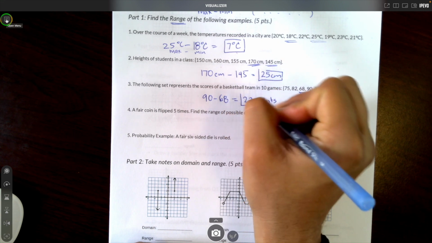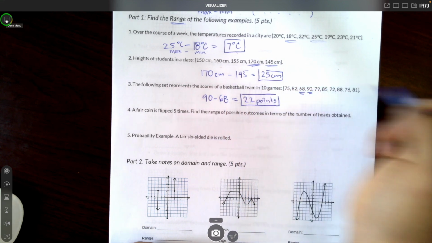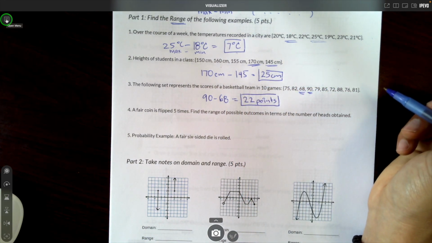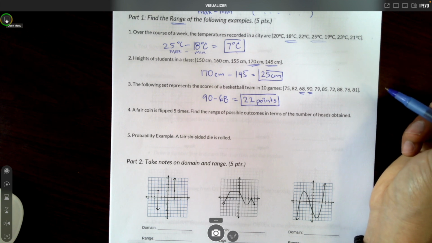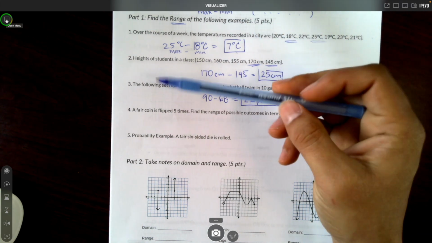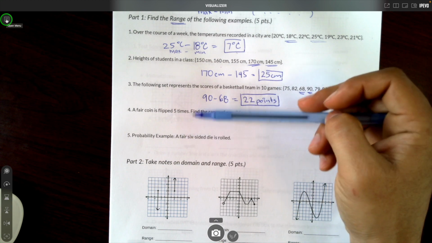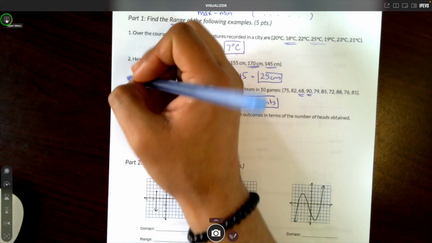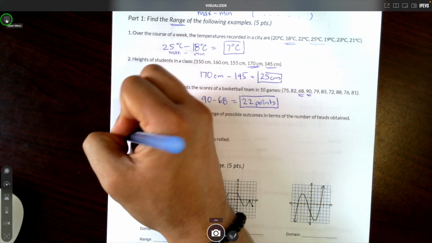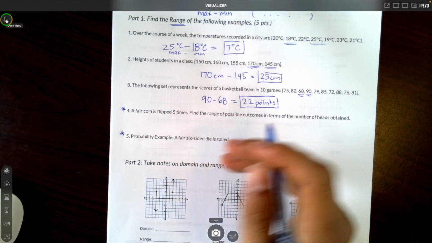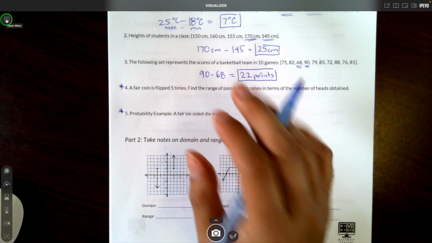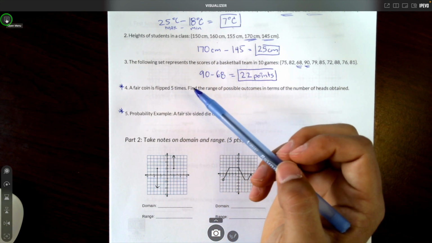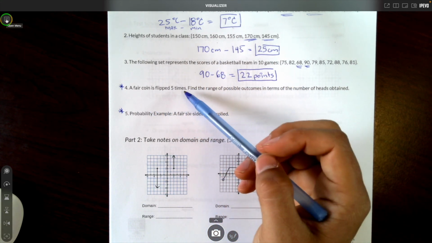Now the next two questions are a little interesting. They have to do somewhat with probability, and they're just thinking outside of the box. This is not what a teacher would normally ask you, but I think it's kind of cool. So if we have a coin,